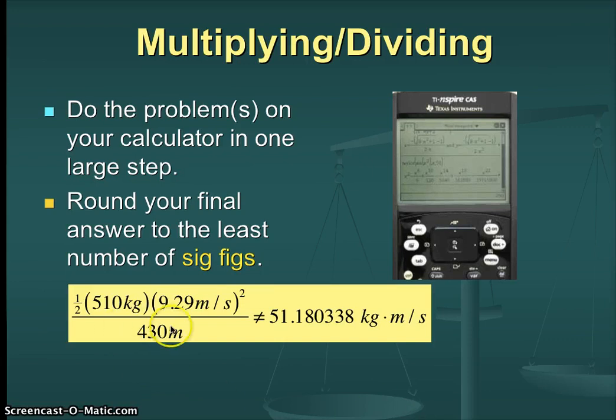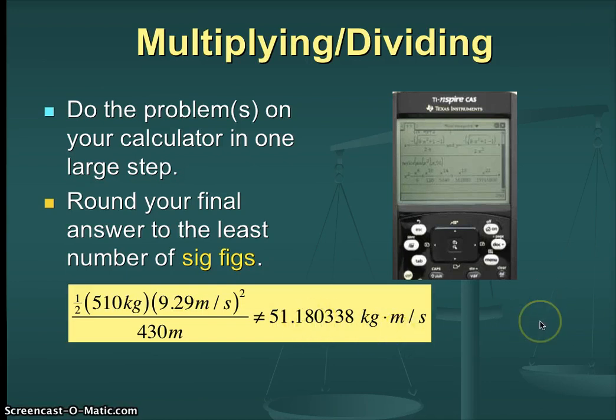Why? Because whoever measured this 430 did not do so precisely. This was an estimate, and this 510 was an estimate. That wasn't weighed on a chemistry balance. That was eyeballed to the nearest kilogram. For all we know, this could be 509.95, or this could be 434.9999992. And all of those decimal places would change these last 6 trailing digits. They could be a lot more than 0.18. It also could be a lot less.